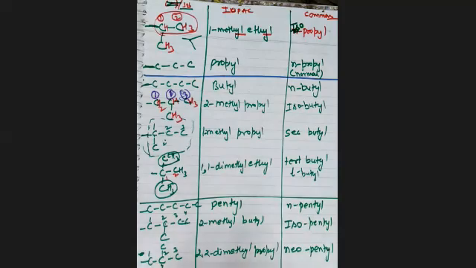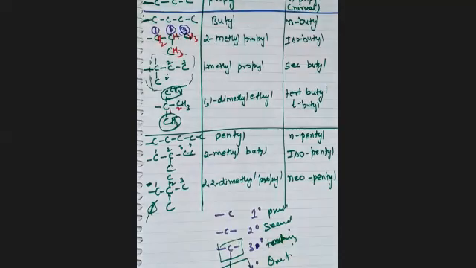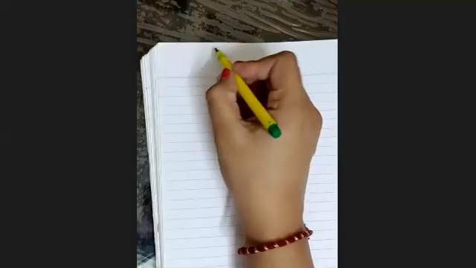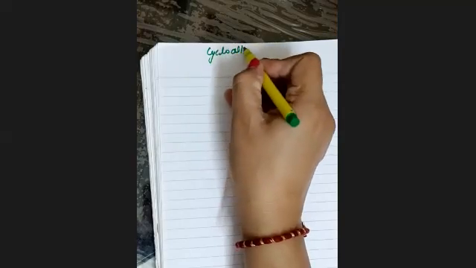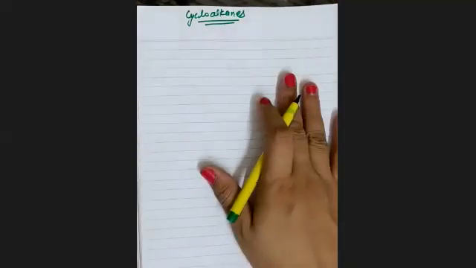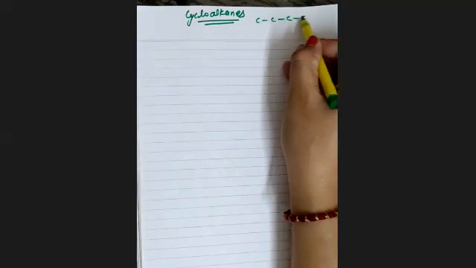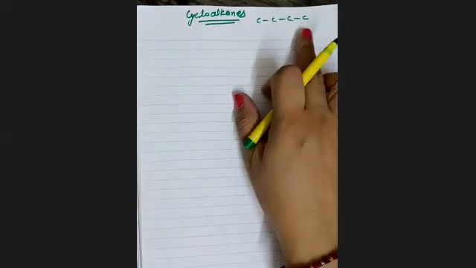Let's move to another type of compounds. So far we were talking about long chain compounds. Now we will talk about the cyclic compounds, or you can say cycloalkanes. Right now I'm teaching you about alkanes. Previously we were doing only normal alkanes, but now we'll talk about cyclo. So what do we call a cycle? See, this is, for example, a chain structure. This is a normal chain structure.